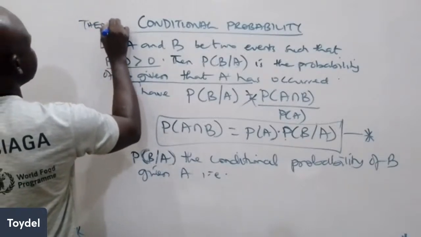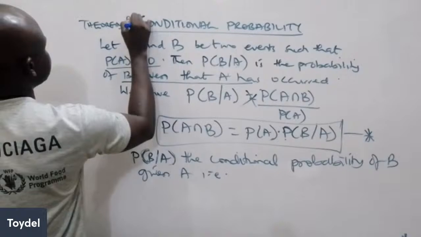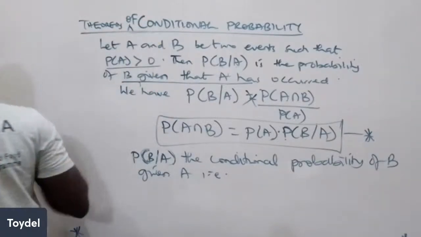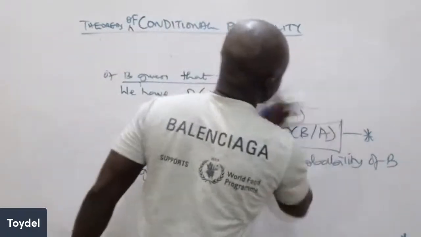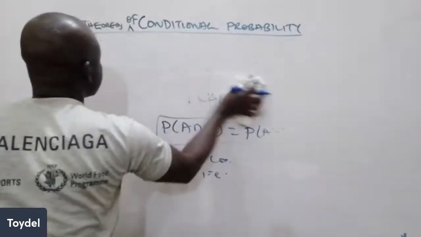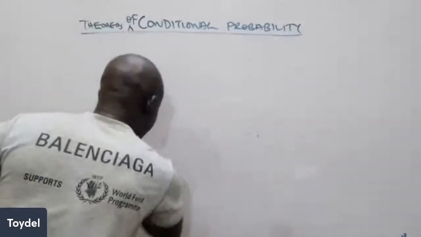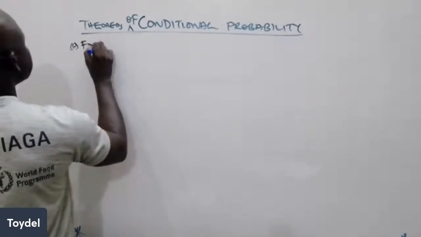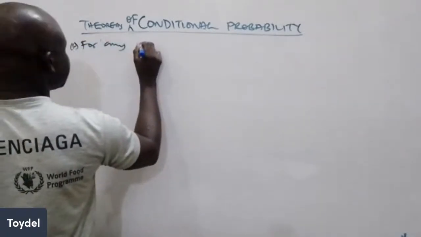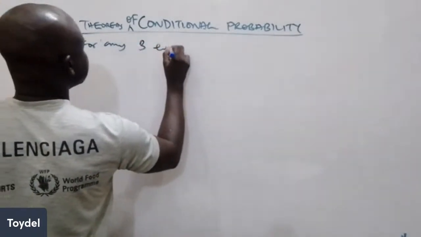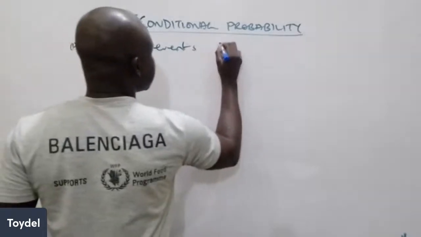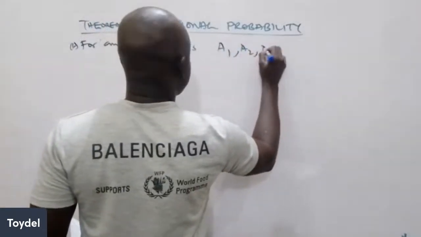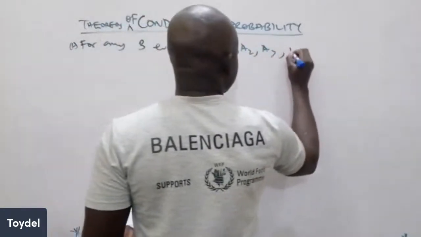Theorems of conditional probability. We talk about 2 theorems of conditional probability. The first one says that for any 3 events, say A1, A2, A3, we have